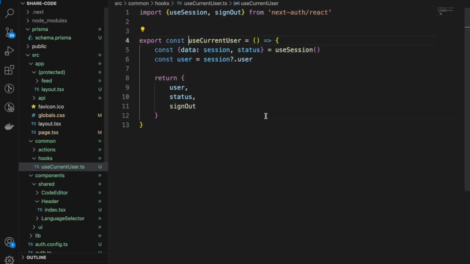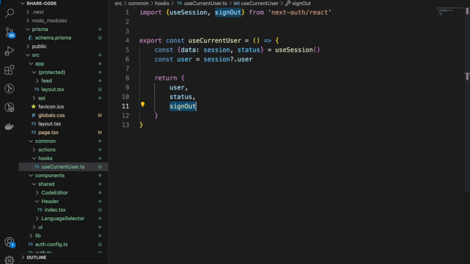And one more update I would like to give. I have created a useCurrentUser hook. In the previous video, you might have noticed we used this part in the header, but as we have to use this user data in a lot of places in the application, it is good to have it in a separate hook, and we can easily access it. So here I'm taking care of the destructuring and pulling out the data, and from there I'm just passing it in the hook. This status is basically the authenticated status which we get from NextAuth,